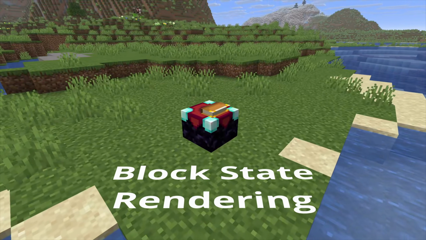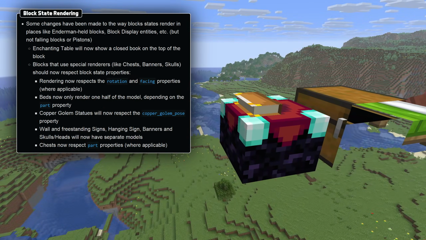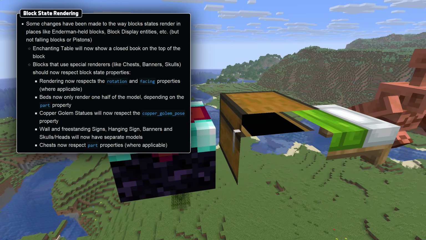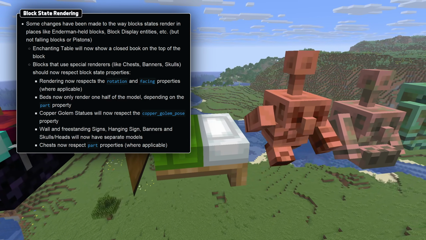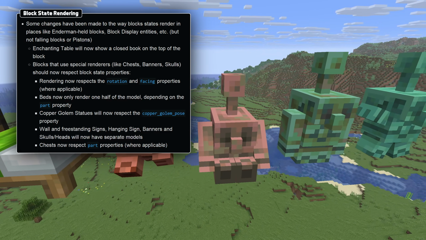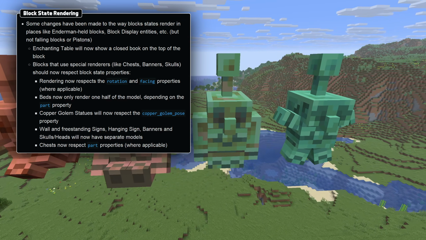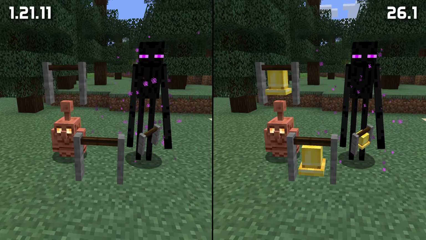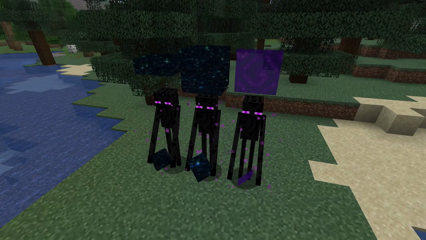This version changes block state rendering for places that are not blocks, such as block display entities, endermen holding items, and the copper golem saddle slot. The enchanting table will now show a closed book on top of the block in such cases, and blocks that use special renderers like chests, banners, and skulls now respect block state properties. Beds now only render half of the bed depending on the block state. Copper Golem statues now render the correct pose, and the bells now show the actual bell. Overall, all blocks should now look the same when rendered in those places as in the world, with the exception